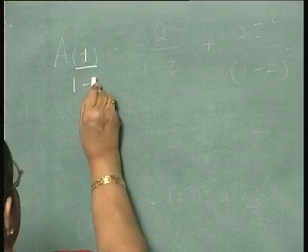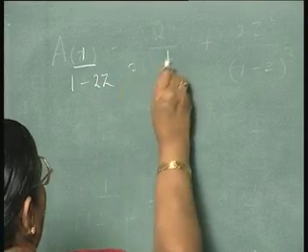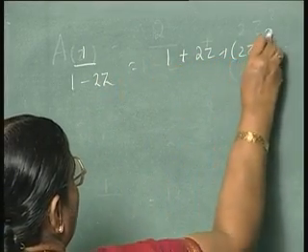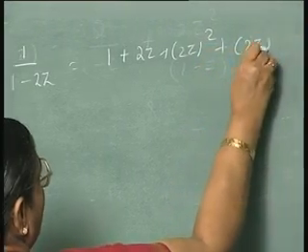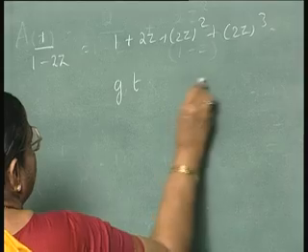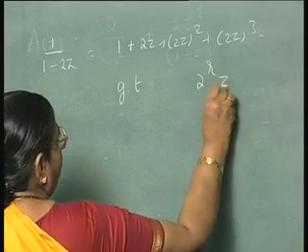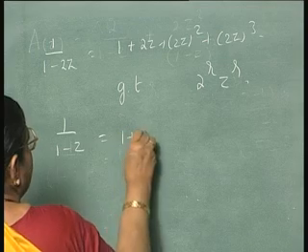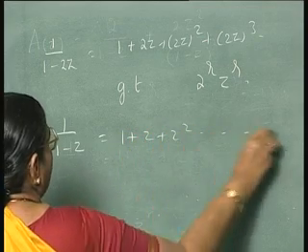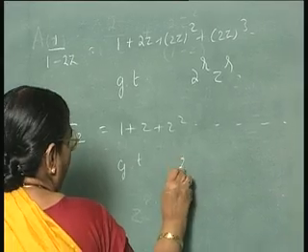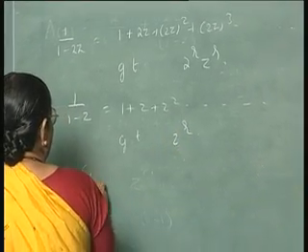1 by 1 minus 2z will be 1 plus 2z plus (2z) squared plus (2z) cubed and so on. So, the general term is 2^r z^r. 1 by 1 minus z is 1 plus z plus z squared and so on. So, the general term is z^r. So, if you take the coefficient of